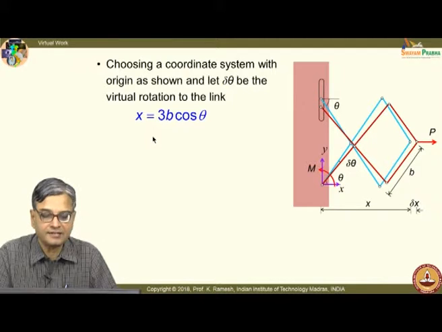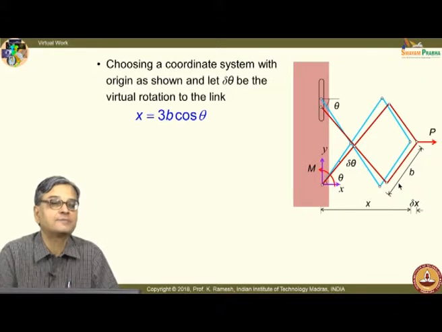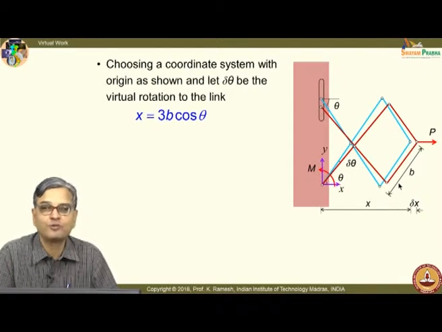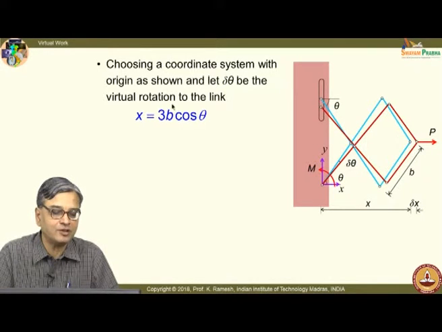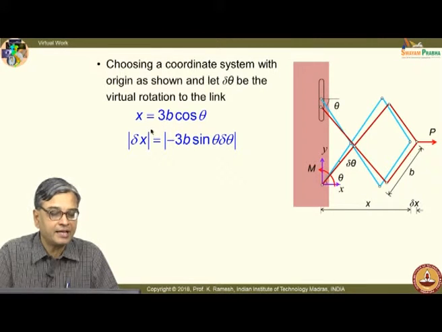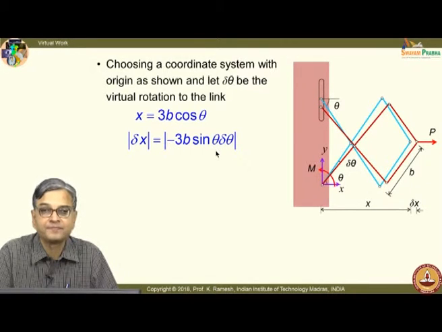So, I get this interrelationship between theta and x as 3b cos theta. You should be comfortable doing this by inspection of the geometry. There you have to visualize, it is very straightforward, and you can find out what it is. This expression you can easily write. Now, I differentiate it, I do not recognize this sign because I am looking only at the modulus.